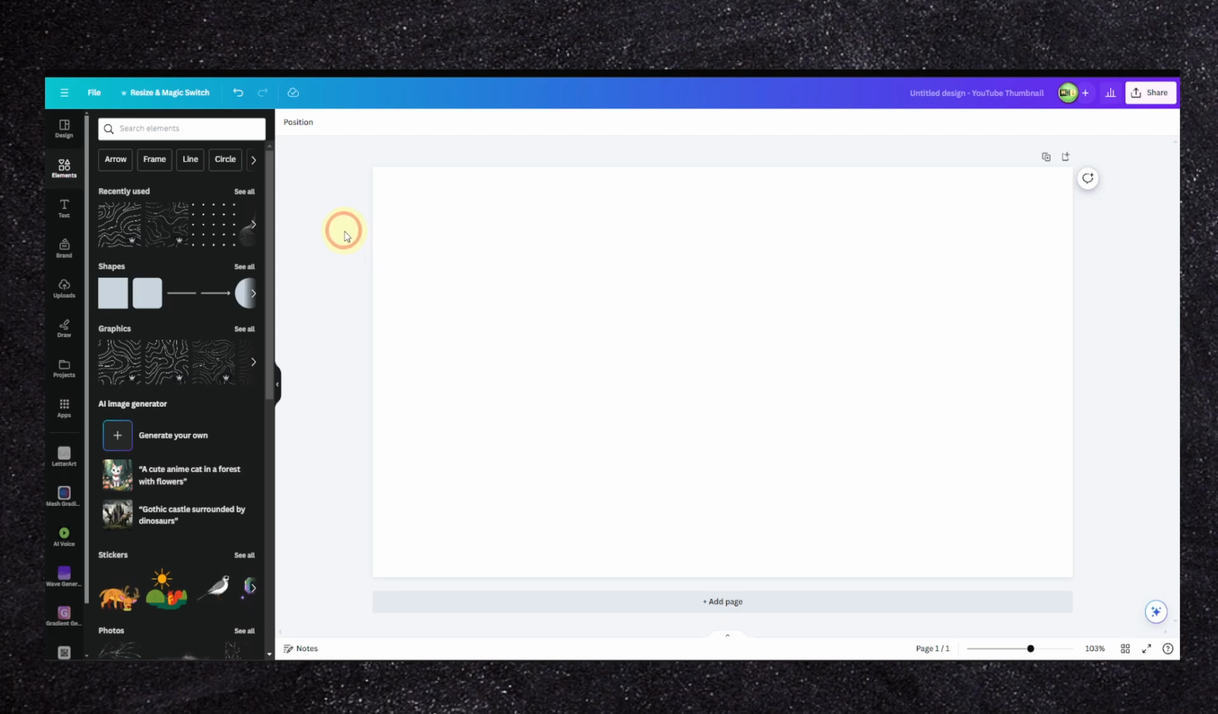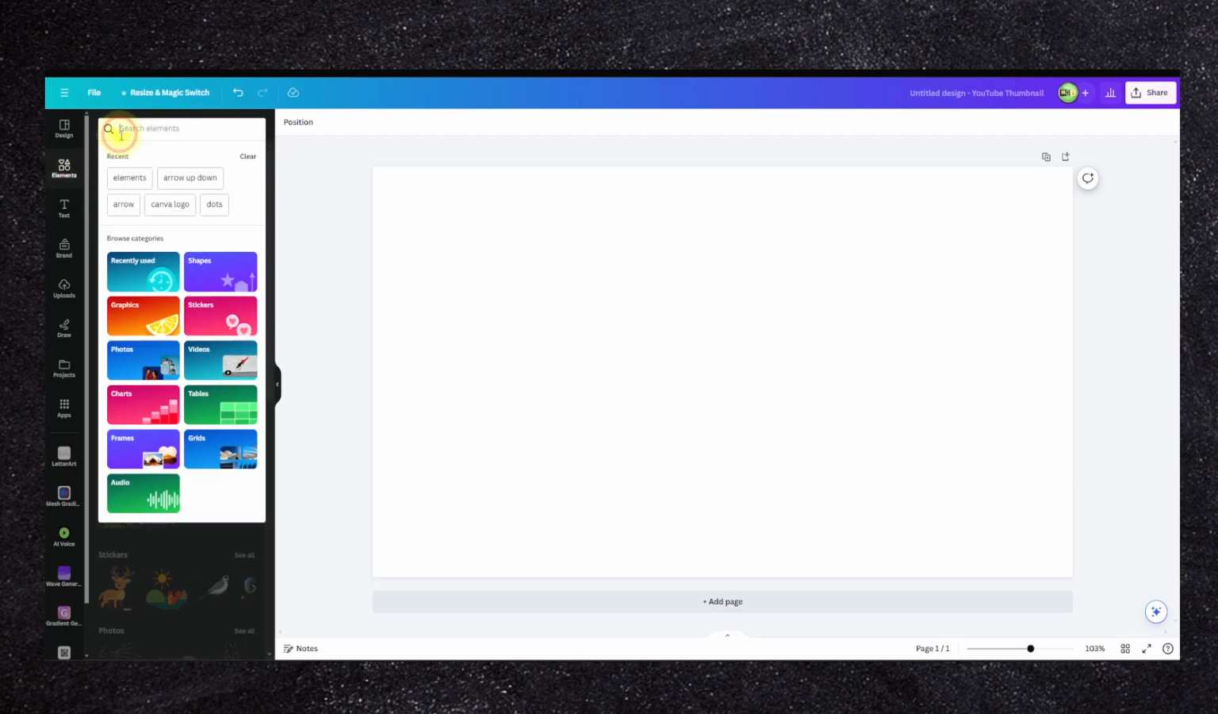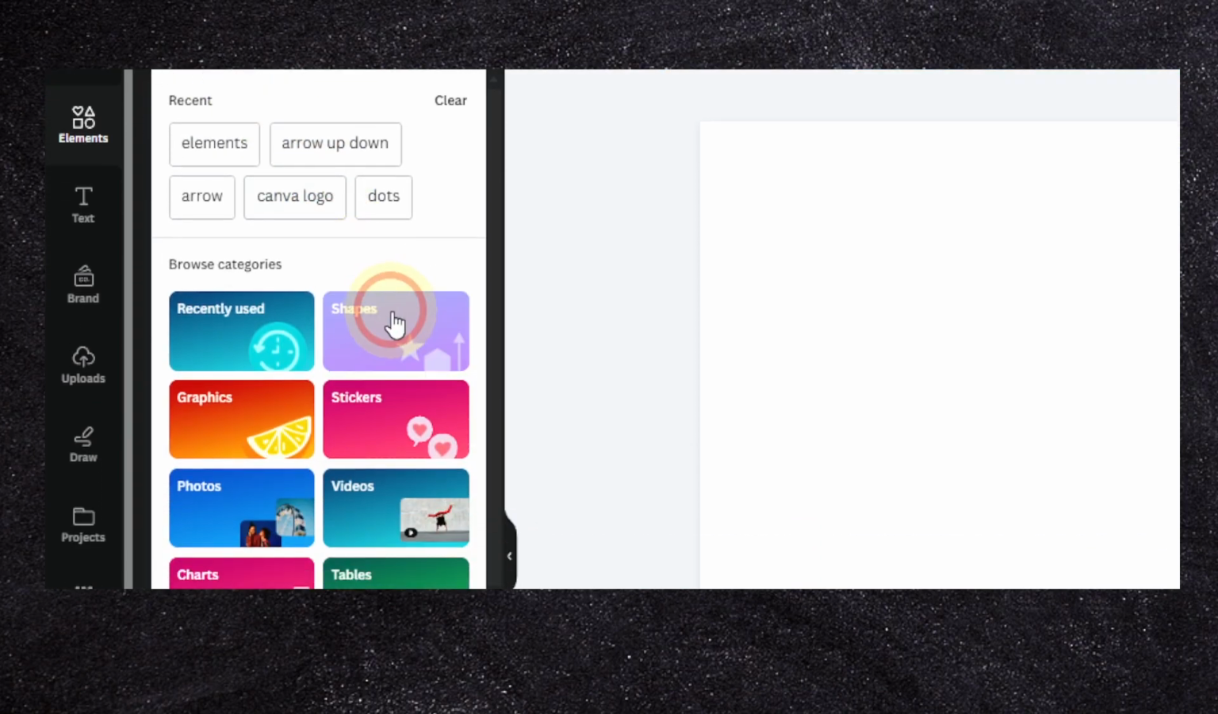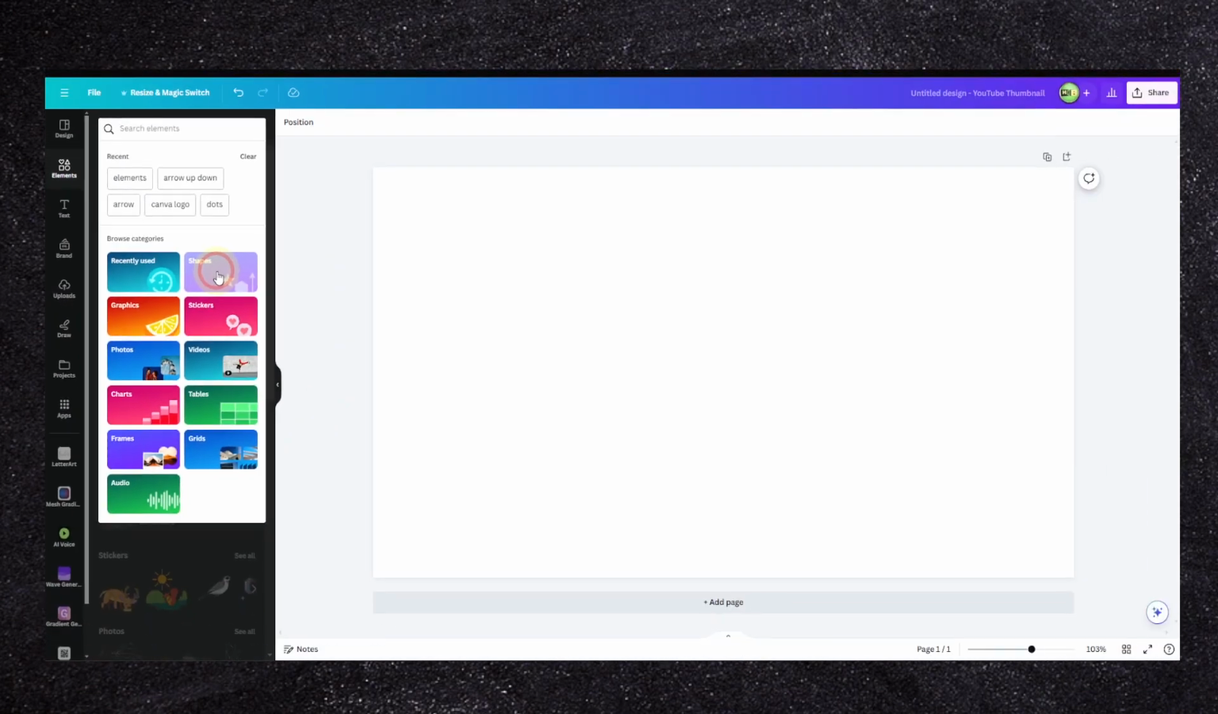So what you have to do first is to click on here, elements. We click on elements, and then here in the search bar we can search for something specific. We can search for arrows if you want, but another thing that I can do, and what I'm doing, I think it's more helpful, is you just click on here,